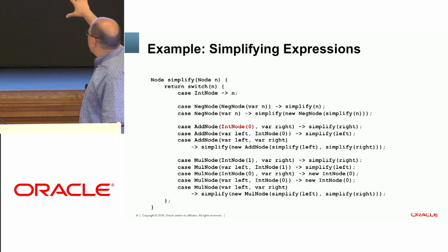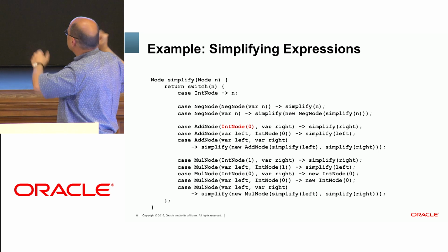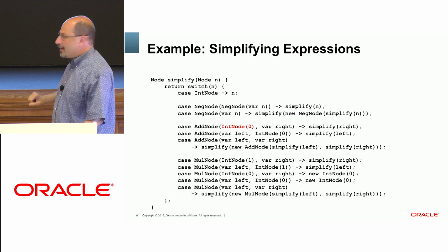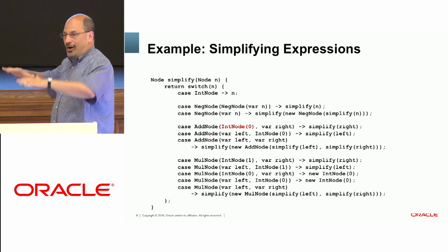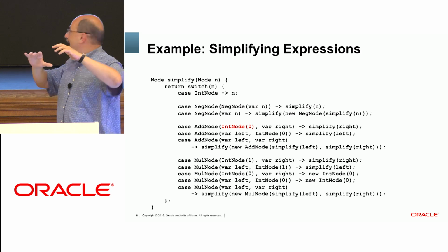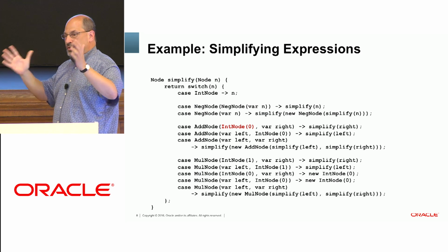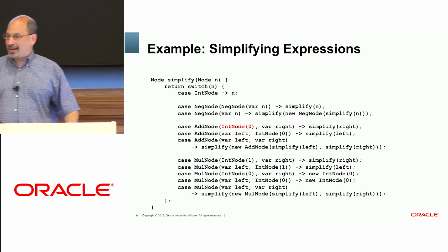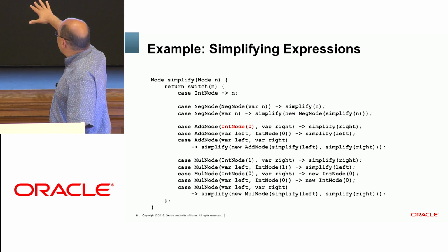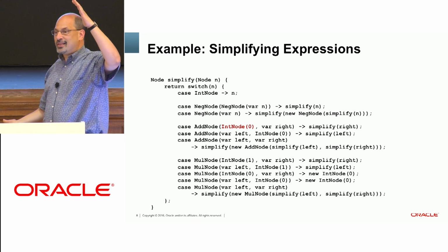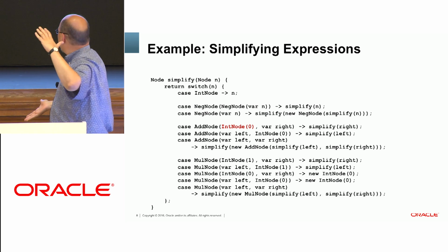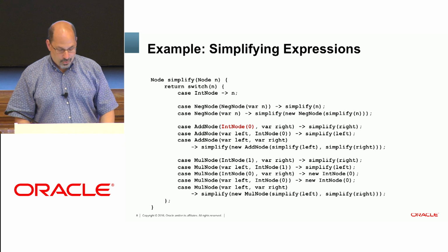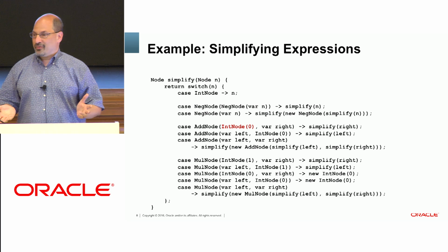So the things that are inside the parentheses of a destructuring pattern can themselves be patterns, and in fact, the one that says 0 plus something equals something is actually nested 3 deep. I'm saying, are you an add node whose left component matches IntNode of 0? Well, that's a pattern, and the 0 itself is a pattern. That's a constant pattern. Constant patterns only match the constant 0. So I can express something that would have taken 3 levels of if-then very compactly, and again, code looks like the problem statement, right? So just imagine how much fun this would be with visitors, right? So